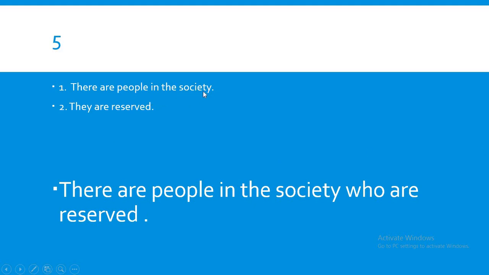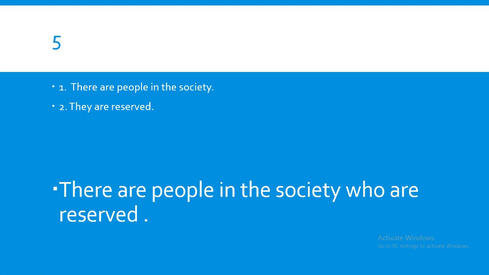there are people in the society. That is the main sentence. I want to describe the people, but there is a little problem: I can't use "who are reserved" right next to people. I have taken this relative clause a little away from people, jumping 3 words, but who are reserved, still I talk about the people. There won't be a problem, because